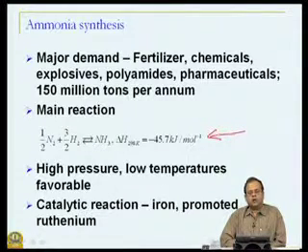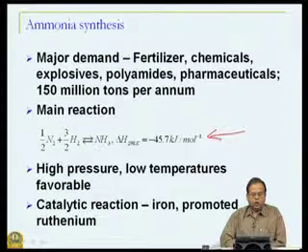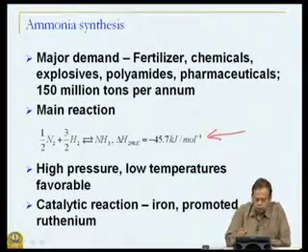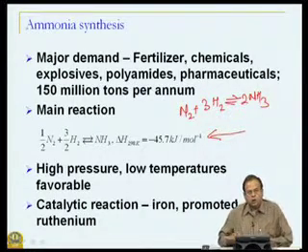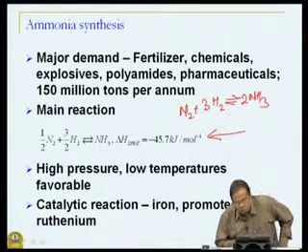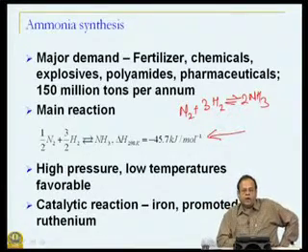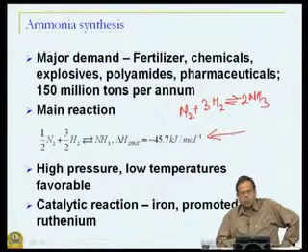So, for this reaction, what is happening on the reactant side? We could write this reaction also as N2 plus 3 H2 giving 2 NH3. So, what is happening? There is a decrease in the number of moles. Compared to what we had for ethane cracking, where there was an increase in the number of moles, here we have a decrease in the number of moles from 4 to 2.